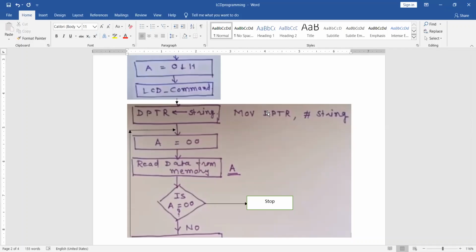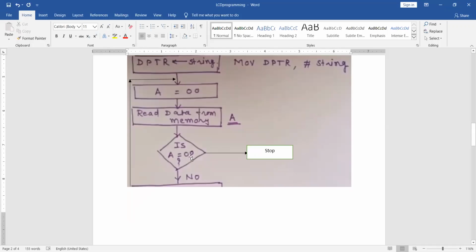Are you getting? Until and unless it is 0. So we will check, is A equal to 00? Yes, imagine this is the end of memory.